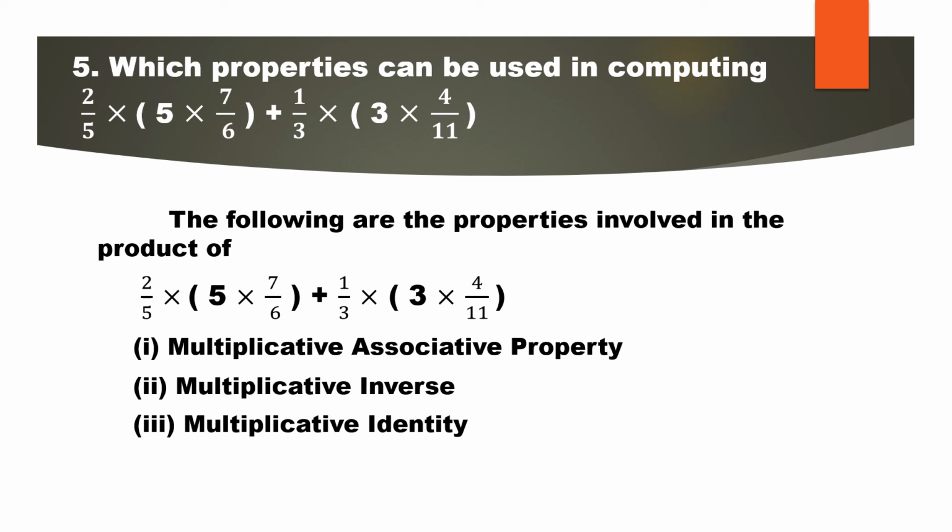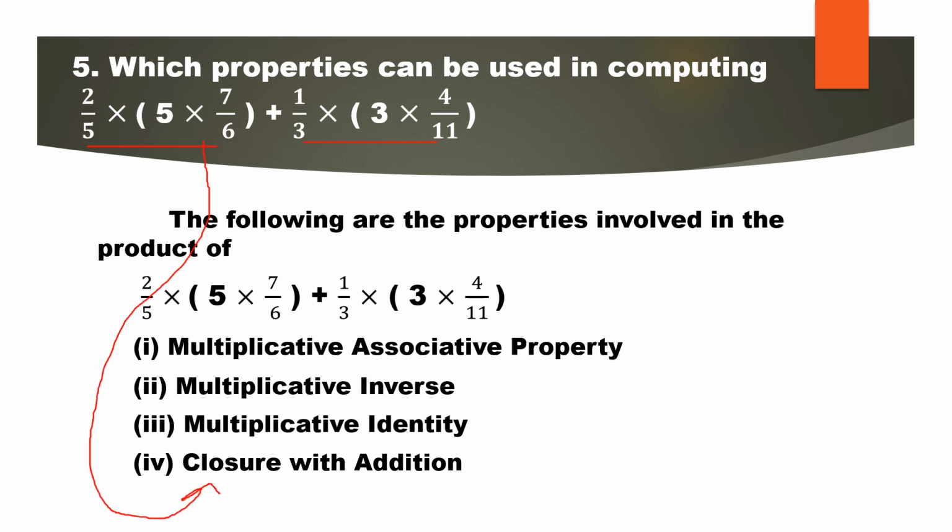Next is closure. Closure with addition means, see, when I told you whenever no law is used, they are just multiplied and added, or multiplied and subtracted, then the property we can use is closure. Here the plus symbol is there, so you can say closure under addition. Clear? So this is all about your exercise 1 to 5 questions. We will go from the 6th to 13th question in the next slide.